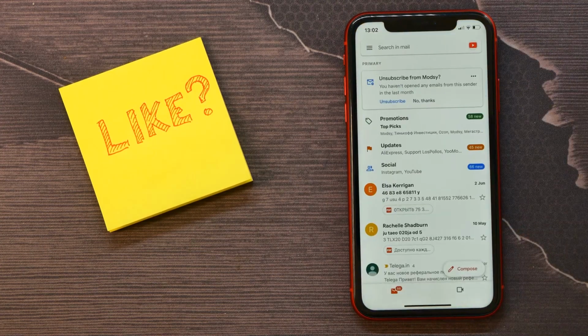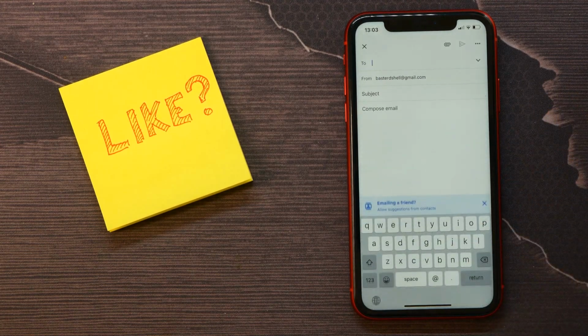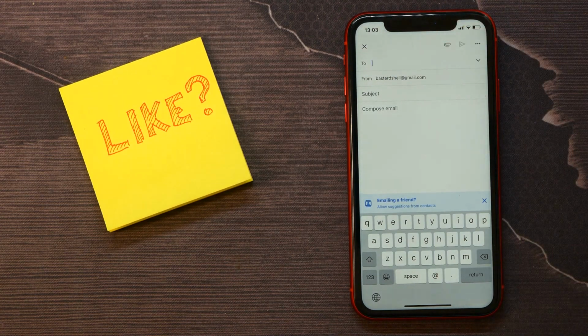First, open up your Gmail application, and in order to send an email, tap on that compose button, and there in the field "To" you are able to enter the email address of whom you want to send this email to,